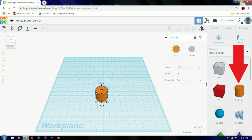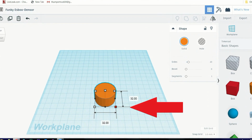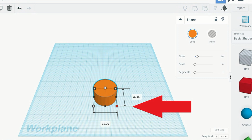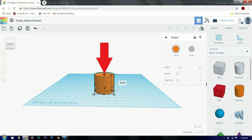I'm going to grab a cylinder, throw it on the workspace. I'm going to grab the corner and drag it to make it larger. I keep my numbers uniform so I know it's a circle. If your numbers are not uniform, it's not truly a circle even though it looks like it. Okay, I'm going to grab one of the top points and I'm going to pull up on it to make